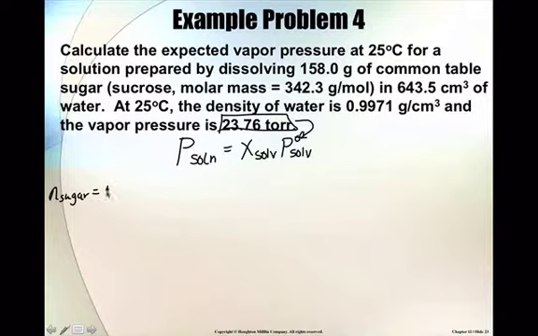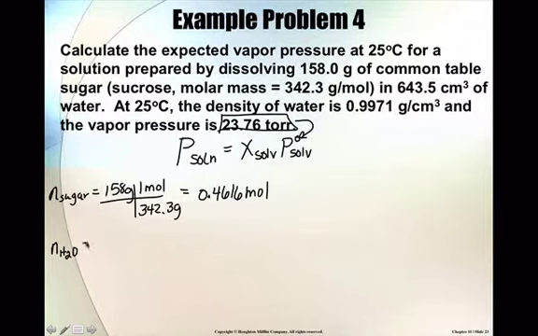And the moles of sugar, I started with 158 grams of sugar. They gave me the molar mass of it, so 342.3 grams is 1 mole. And when I divide those out, I get 0.4616 moles of sugar. I need to do the same thing for the water so I can calculate the mole